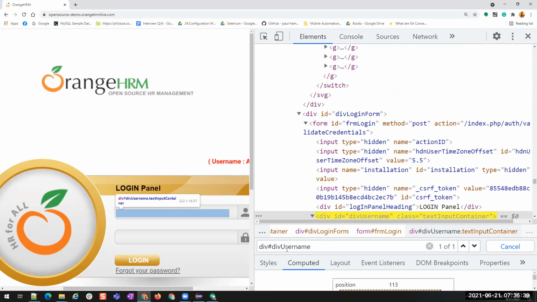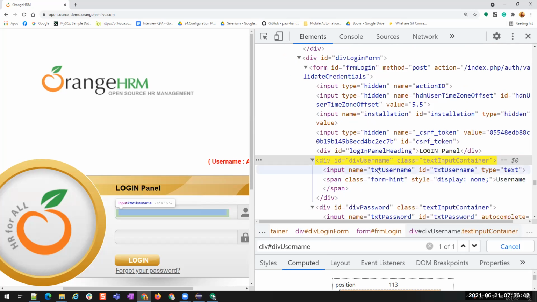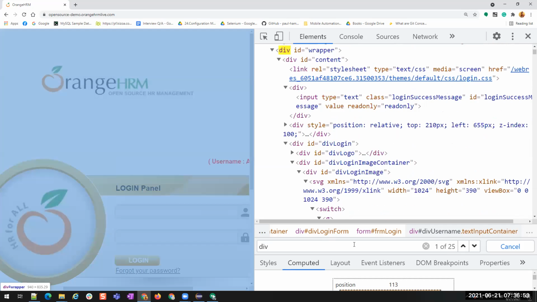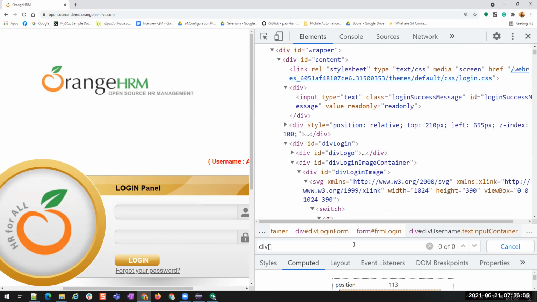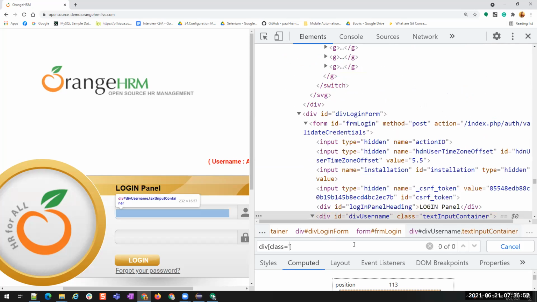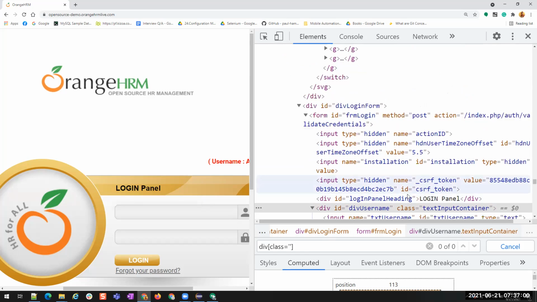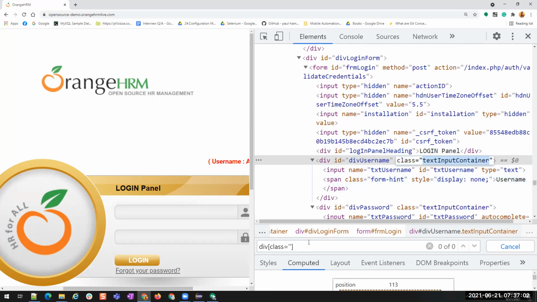This is the value. It is finding it, right? This is using ID of it. Now, I don't want to find this div using its ID. I want to find this div using its class. So this will not work to find an element using its class. So I can use class is equals to txt input container.